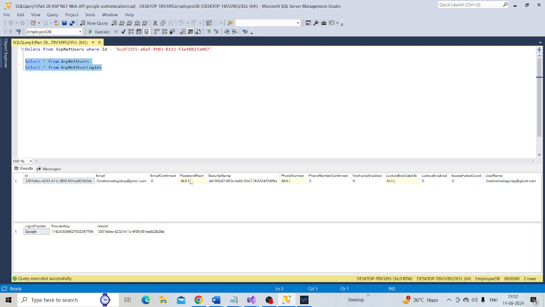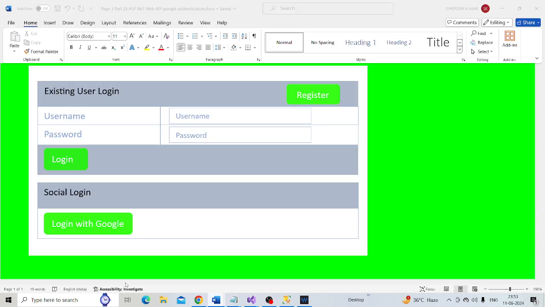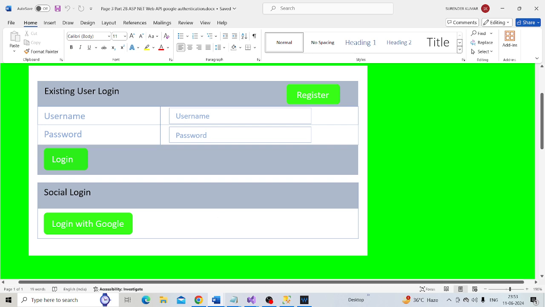So what are the benefits of using social logins like Google, Facebook, Twitter, Microsoft, etc. for application user registration? It is simple and easy.